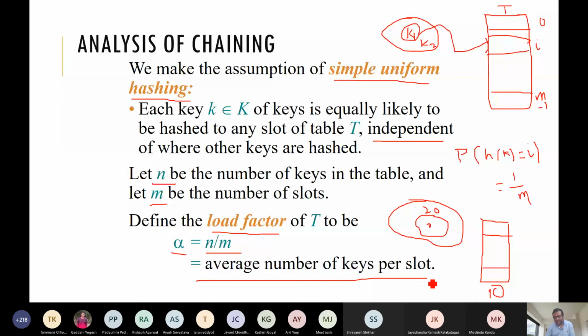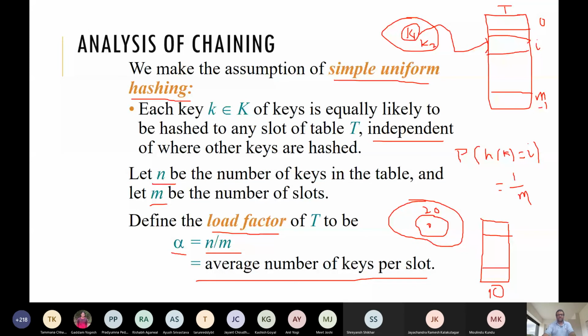If there are, say, 5 keys, then the load factor is 0.5, so we can easily accommodate them in the same table without chaining, because our hash function is a good hash function. Anyway, we'll discuss all these details.